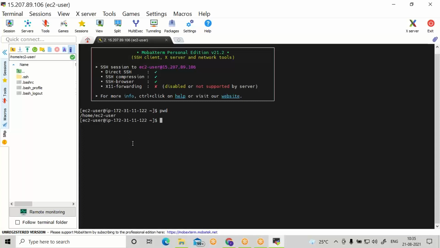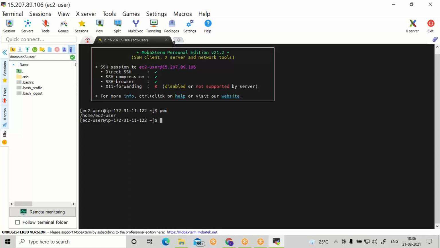Even while connecting from MobaXterm, we used ec2-user. We connected to the system. From a local system, we connected to the EC2 instance.